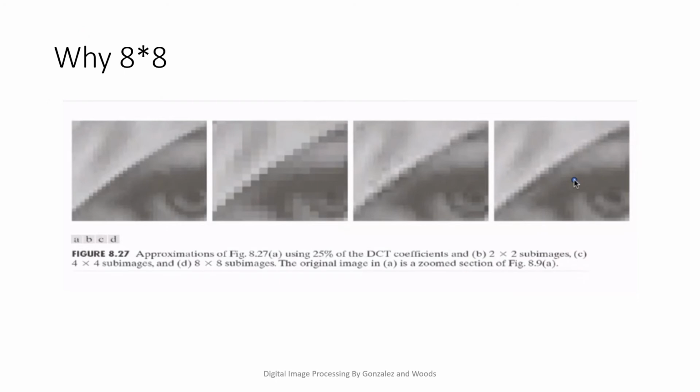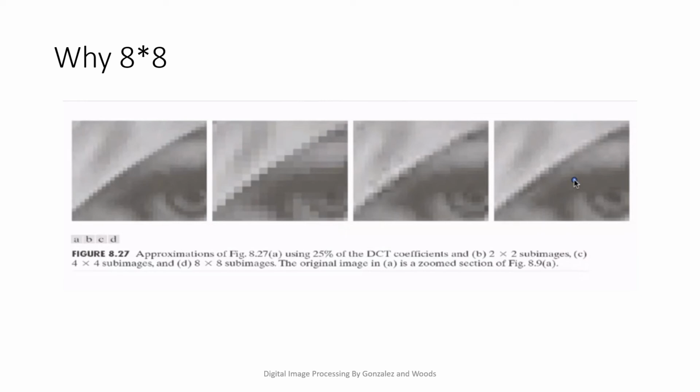Now, you may be thinking: why are we using the discrete cosine transform when other transforms are also available? Actually, the best transform is the KL transform. But we cannot use the KL transform here because it has a disadvantage: it is not common for all images. It depends upon the image, so you cannot pre-compute the transformation matrix in KL. And for specific cases, DCT gives the same output as the KL transform. So that is the first reason why we are using DCT.